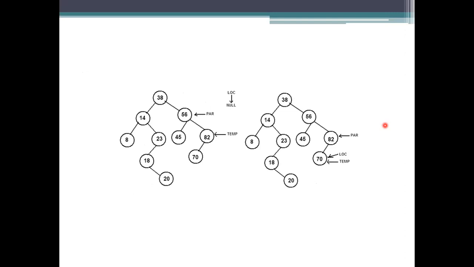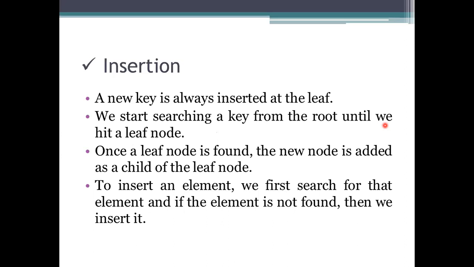Okay. The location is still null because it has not been searched or satisfied yet. Coming to the next one, we check whether it has a child or not. As it has a child, we make it a temporary node, and the parent node of that one is 82. Compare with that value: equal to, less than, greater than. Equal to is the case here, so what happens? The location has been found, and the value being searched, 72, resides at the left child of the parent node, which is 82. Okay, that is the searching process.